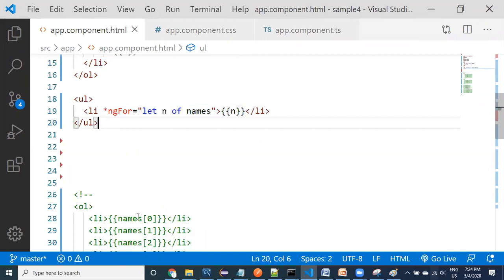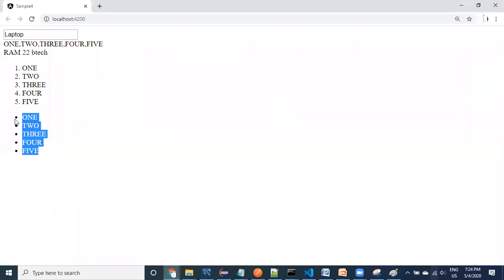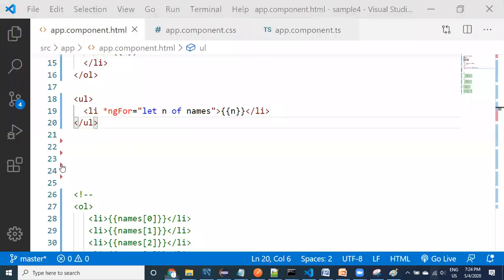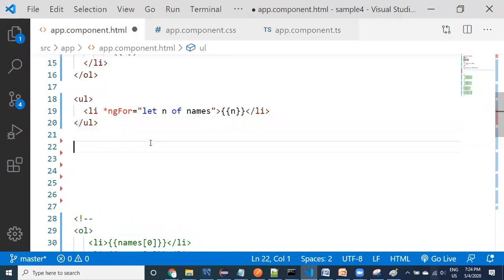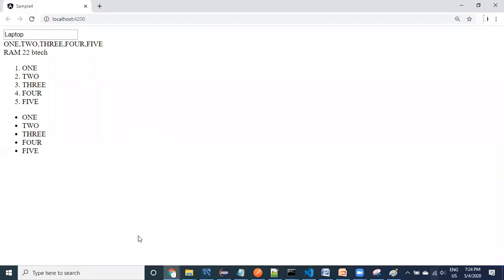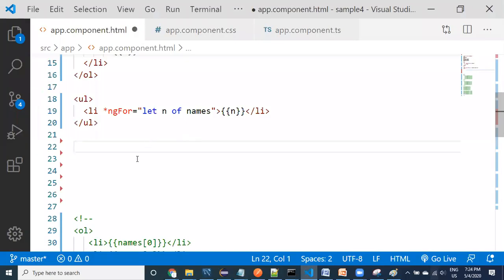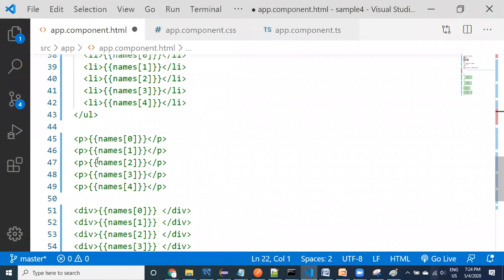Let us go to our HTML part. Yes, it has been created using the loop. Now coming here, guys, again what I want to do is apply it to the other one, the paragraph.